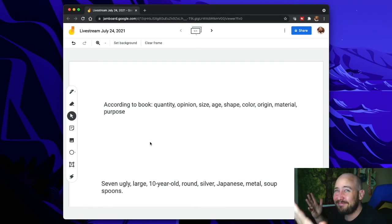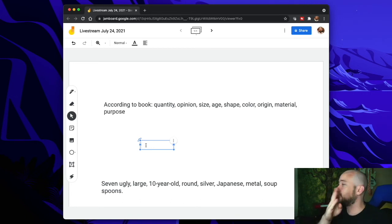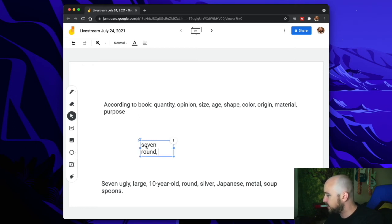and it's not gonna sound weird. Let's see. Let's try messing with this. And I'm gonna try to use a more realistic example. So I'll just use like 4 adjectives. I'll use 3 adjectives plus the quantity and the soup. So instead, if I said like 7 round, 10-year-old,